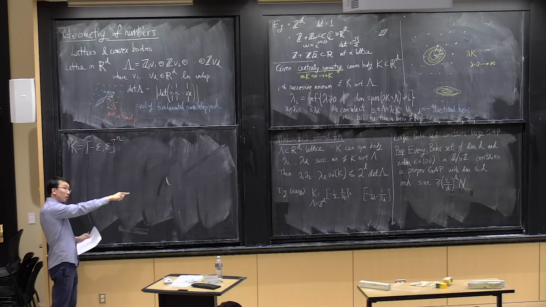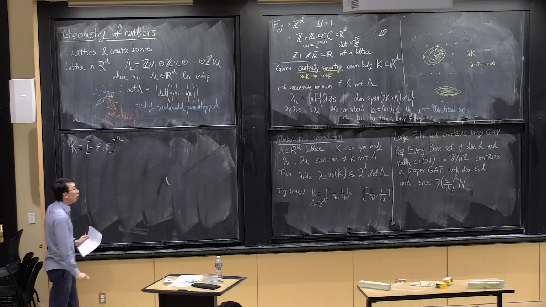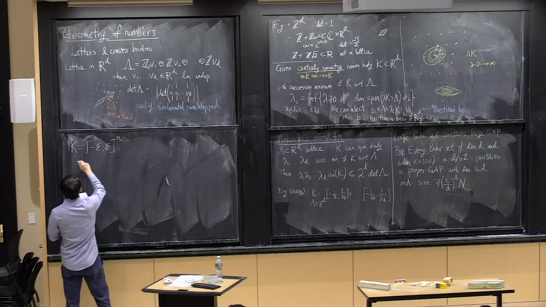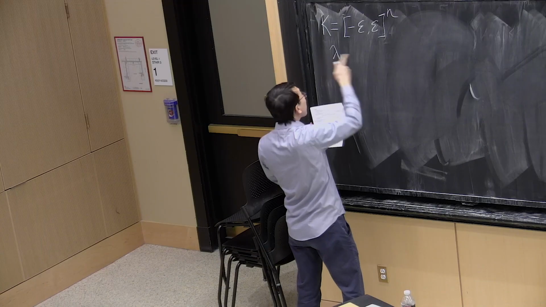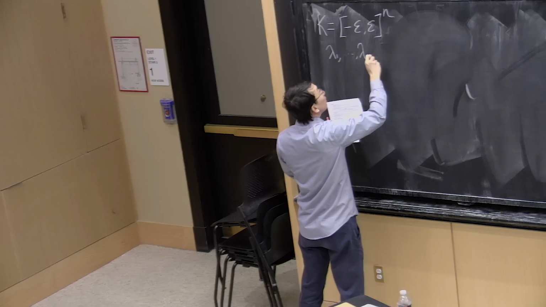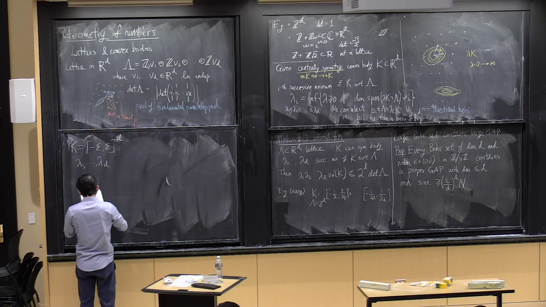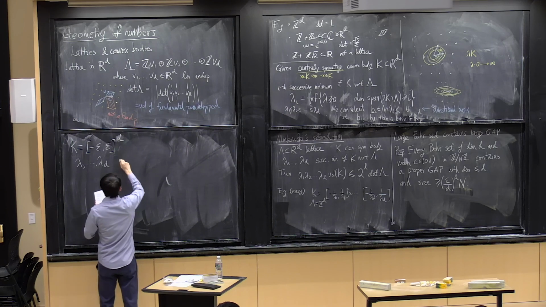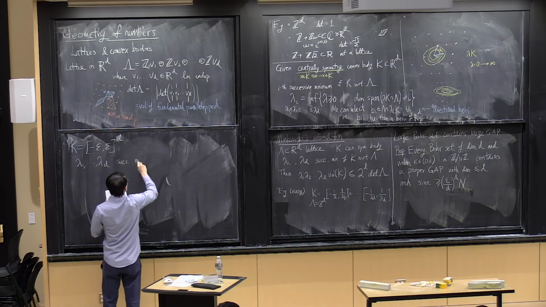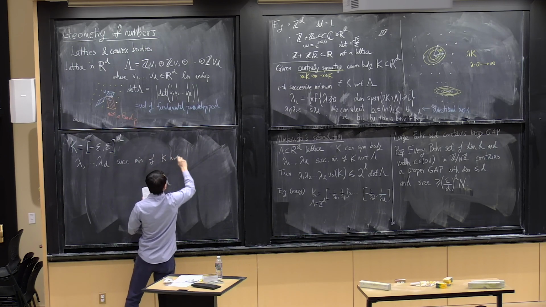Okay, so that's the lattice, that's the convex body. And we're going to apply Minkowski's second theorem. So let lowercase lambda 1 through lambda d, sorry, n is d, be the successive minima of K with respect to lambda,